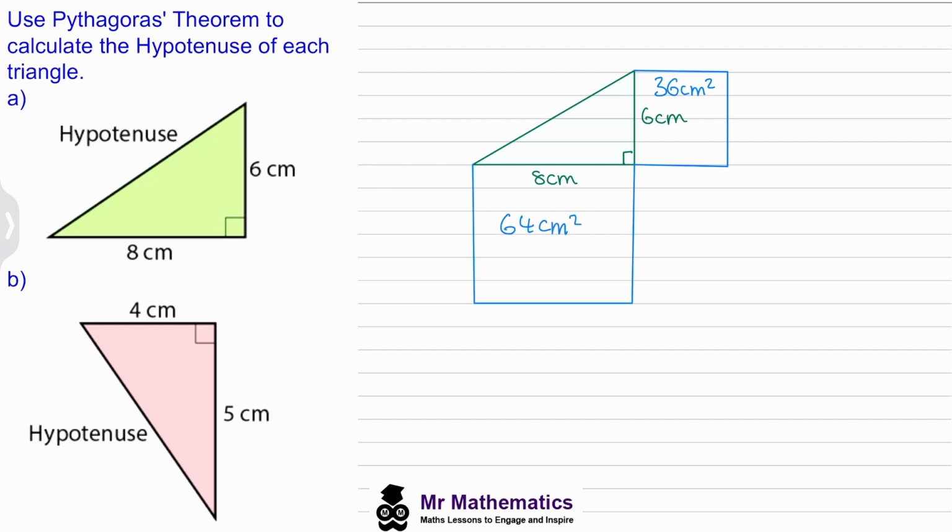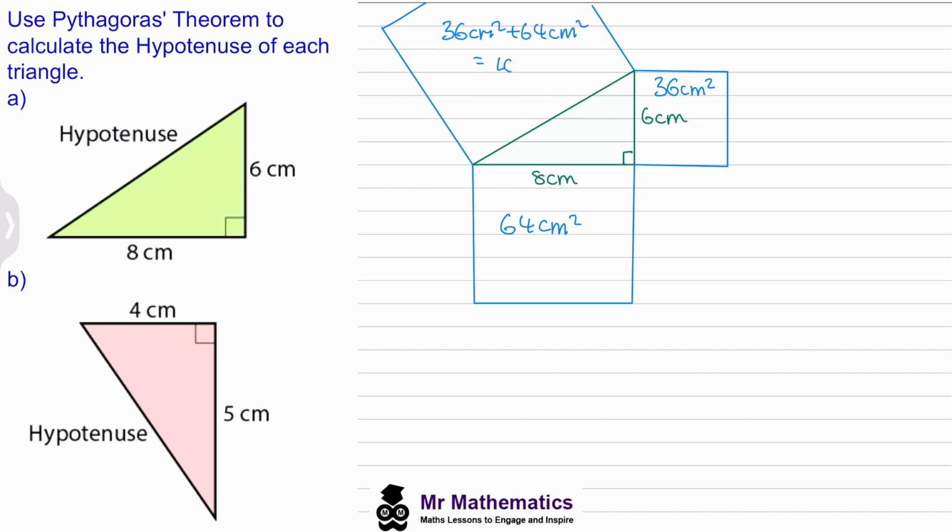Now the areas of these two squares have a sum which is equal to the area of a square on the hypotenuse side. So this square will have an area of 36 centimeters squared plus the 64 centimeters squared,